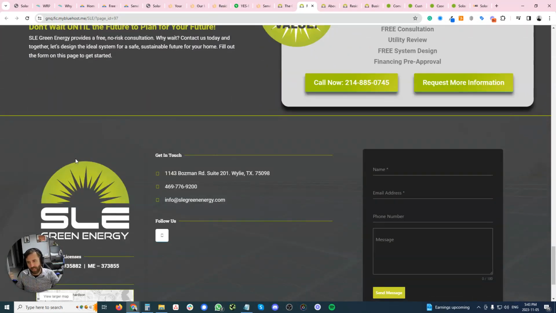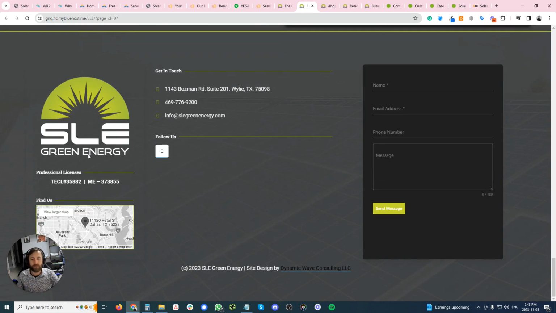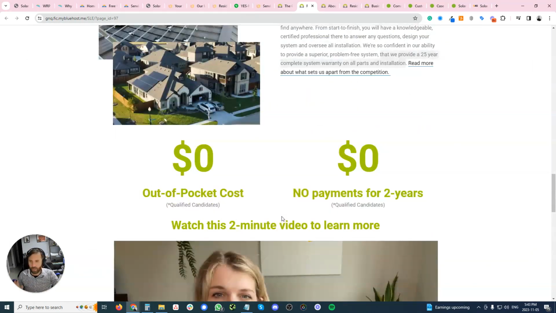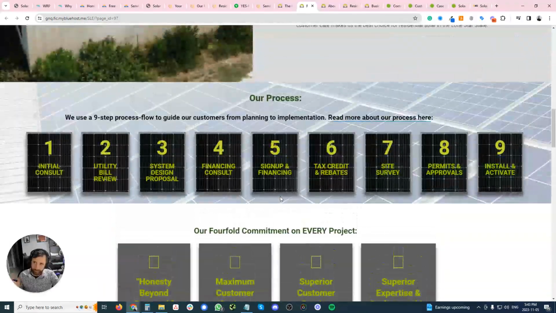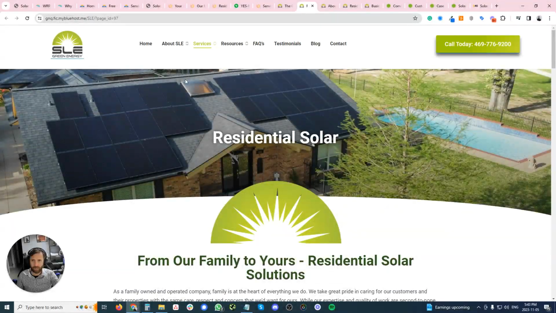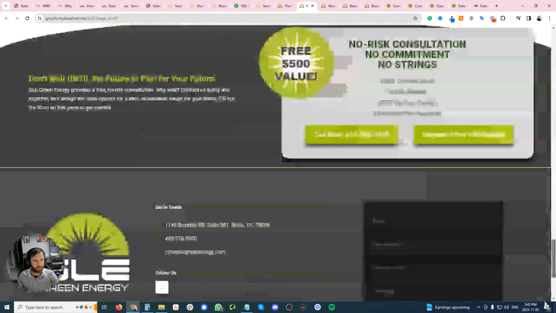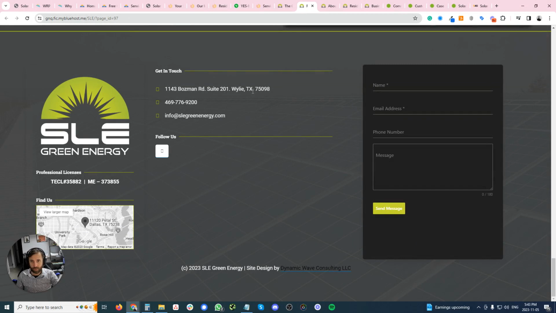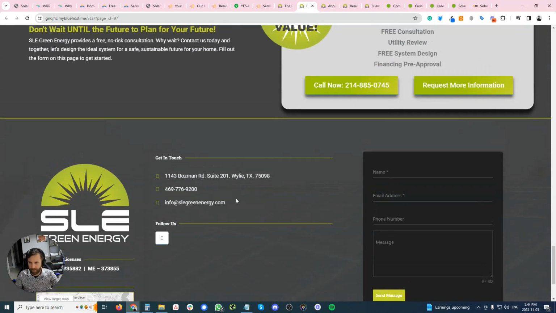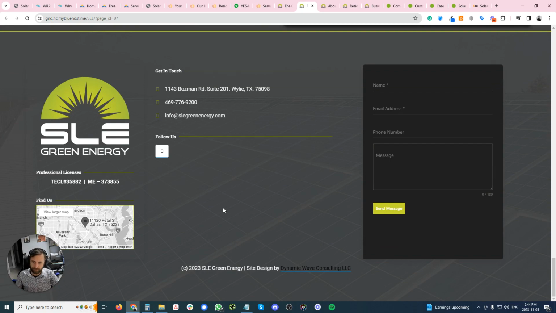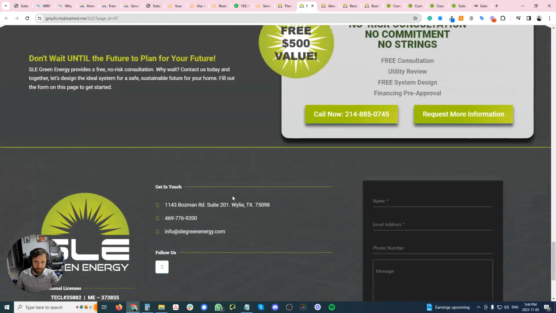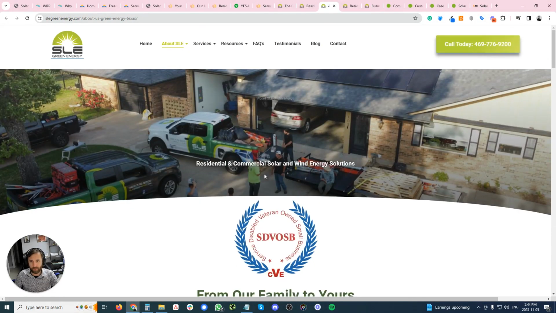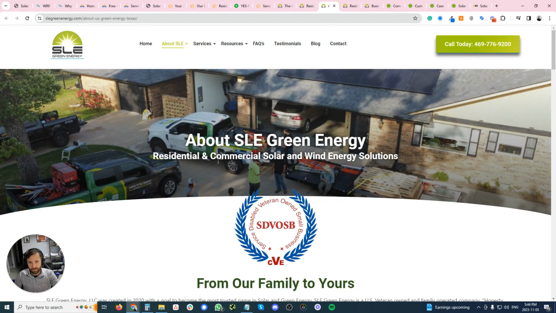Where's the rebates? Where's the information about rebates and incentives, right? I know NEM changed everything a lot for California, but I think these guys are in California. Texas. Okay, fair enough. So in Texas, you definitely have rebates and incentives, whatever they are. Then you need to get people a little bit more excited, a little bit more interested in what you do. This is good. You've got branded